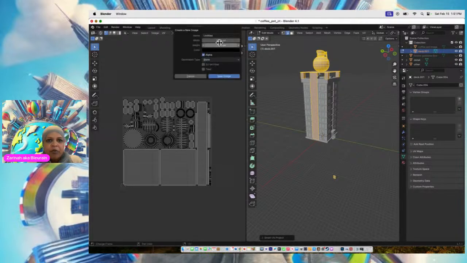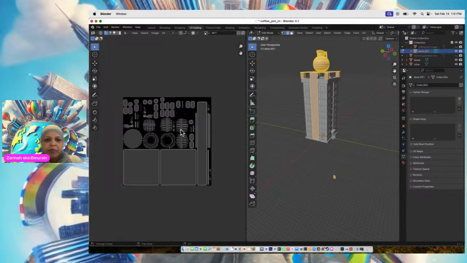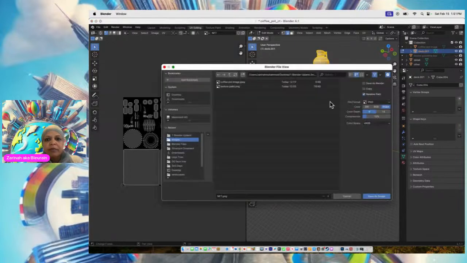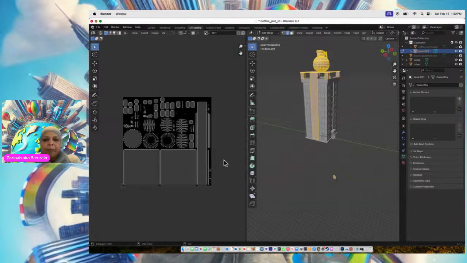But you want a new texture. Call it NFT. And now you've got your UV map, which you want to save. NFT UV is what I'm going to put for now. And then if I wanted to export this,